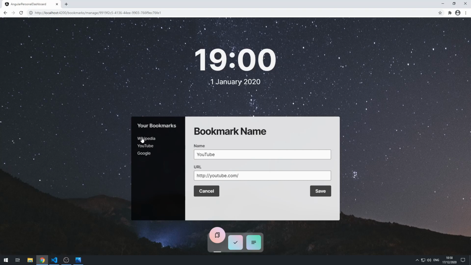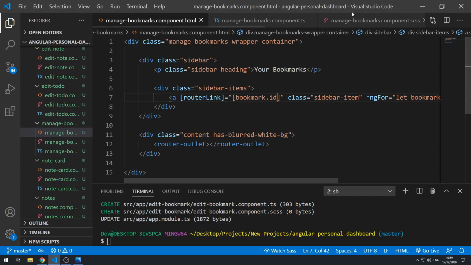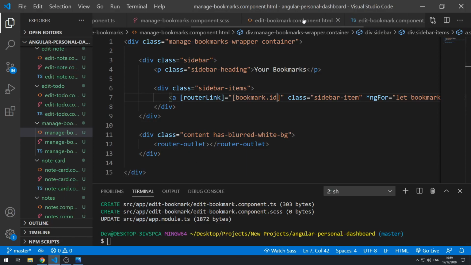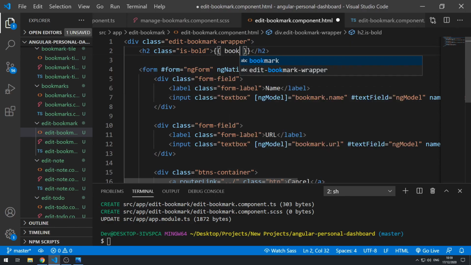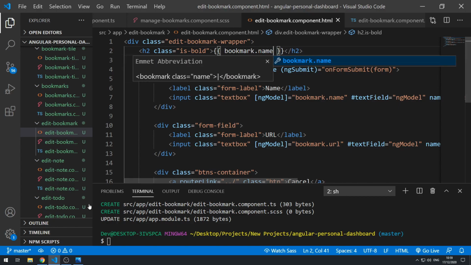Let's now quickly work on the styling here to style the hover state and the selected state. However, before we do that, let's quickly change this so that it is the name of the currently selected bookmark. All right, so let's go to the edit bookmark template, go to the bookmark name, get rid of that, and use string interpolation to put in the bookmark name. So bookmark.name. Save that, go back to the application,